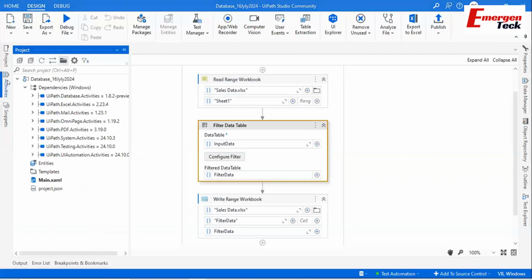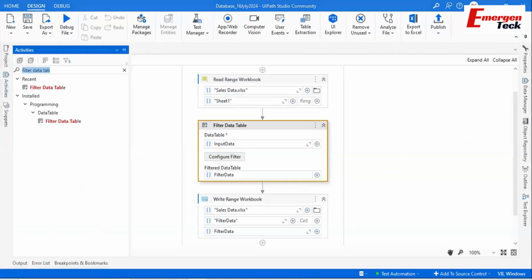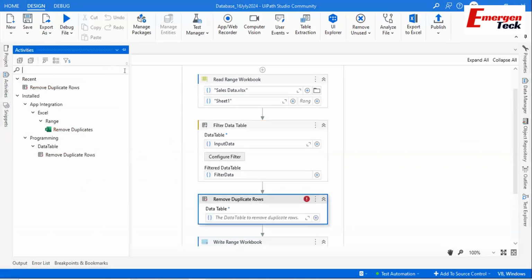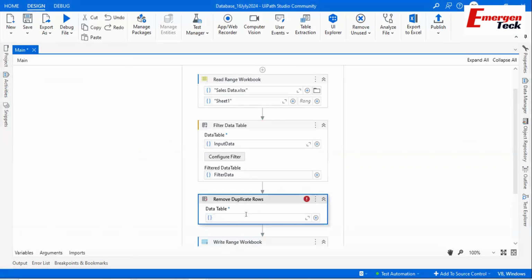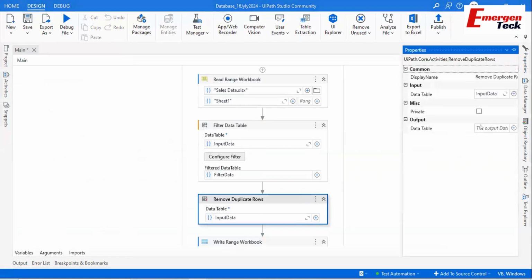तो आप क्या कर सकते हो कि we can use this remove duplicate rows as well, right? Use this remove duplicate rows. तो यहाँ पे कुछ नहीं करना है, we have to just provide the input data table, तो input data है मेरा input data, right? और filtered data, मतलब जो भी output है आप यहाँ पे देते, तो automatically what it will do, it will remove the duplicate rows and it will give you the unique rows. Okay, so this is the purpose of remove duplicate. ठीक है, so if you have time you can try, or if you have